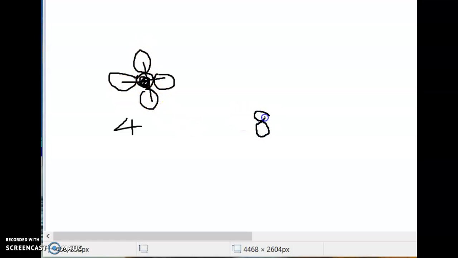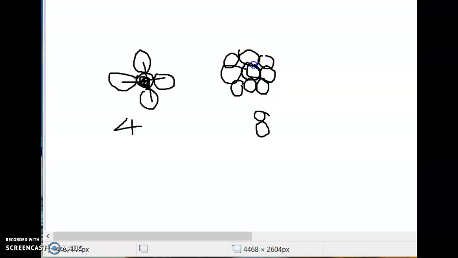In the 8-connected method, the 8 points connected to this particular pixel are considered: this is the first, second, third, fourth, fifth, sixth, seventh and then eighth.